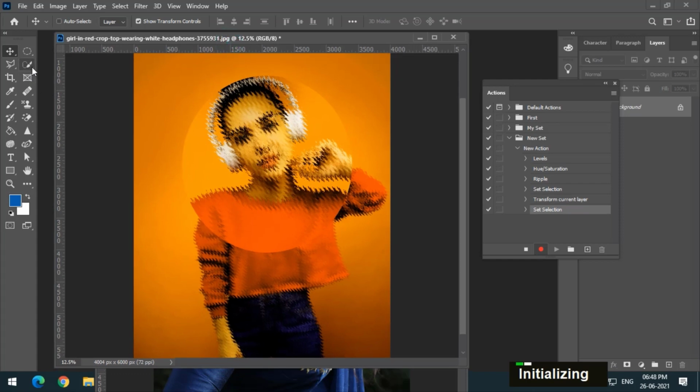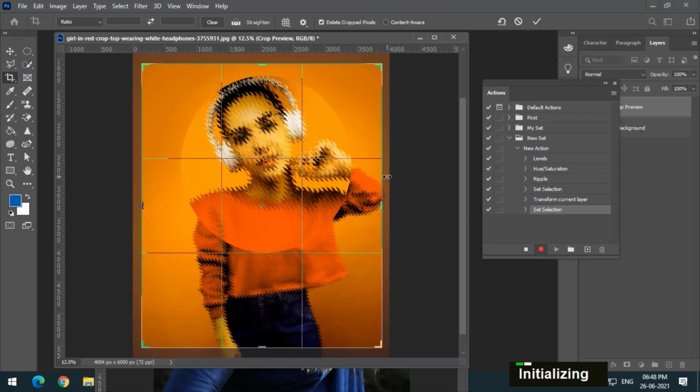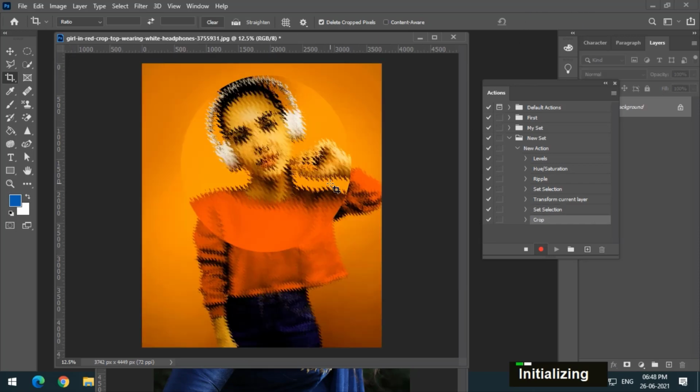Again, maybe I will crop it a little bit. I will select the crop tool and crop it, not much but a little bit. You can crop as much area as you want, but for this example I'm cropping a little bit. I will press enter, so the image has been cropped.